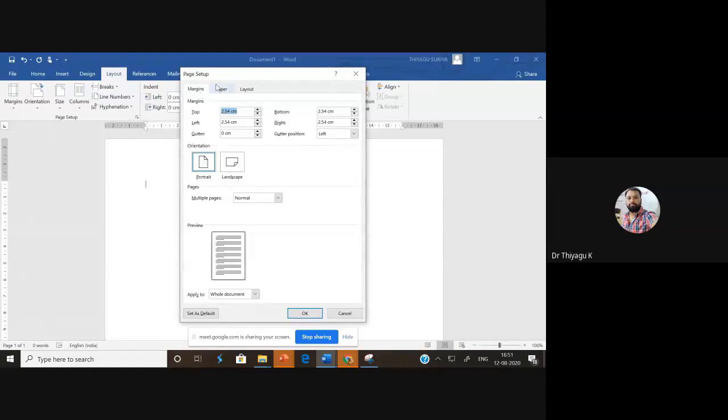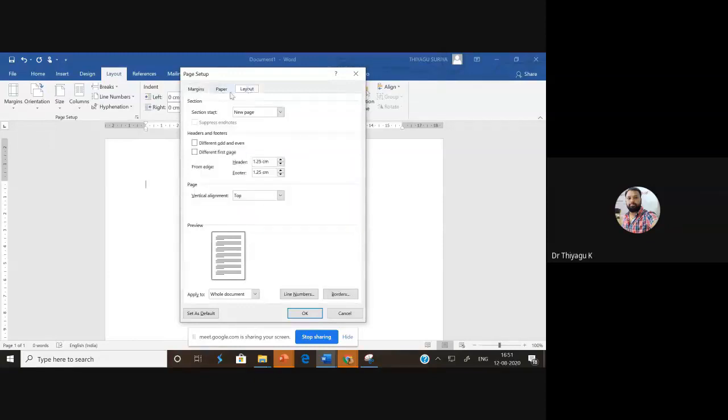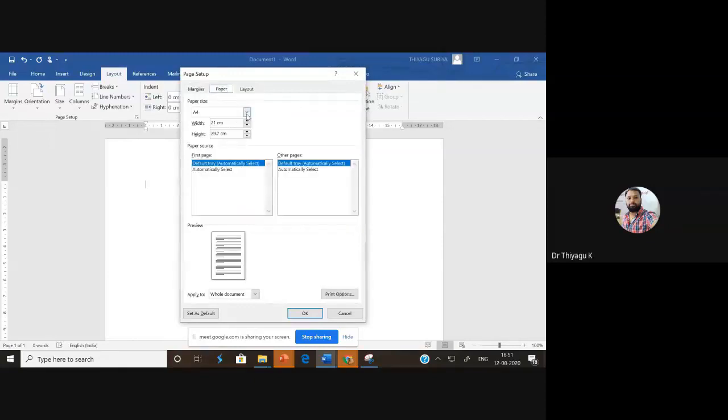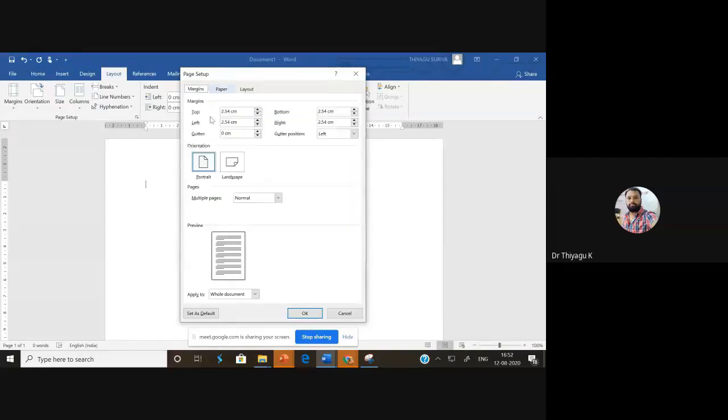See here, the margin, paper and layout tabs. Previously we talked about paper; we can even select the paper from here. For us, we need A4 only, and A4 is already there, so I'm skipping it. Now we are going to check how we can fix the margin in the Word document. Once you click the margin, there are two options, portrait and landscape. Normally we take portrait. Suppose you have large images and want to use landscape mode, you can click landscape and convert it.